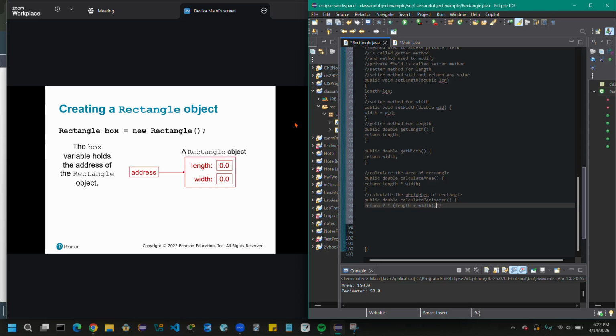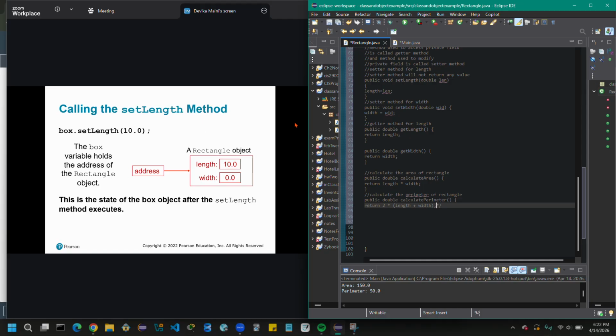Creating an object box: Rectangle box assigned to new Rectangle. The box variable will hold the address of the Rectangle object. So length and width as of right now are 0.0 because we have not set any value to them. Once we set the values, they change to the new value.